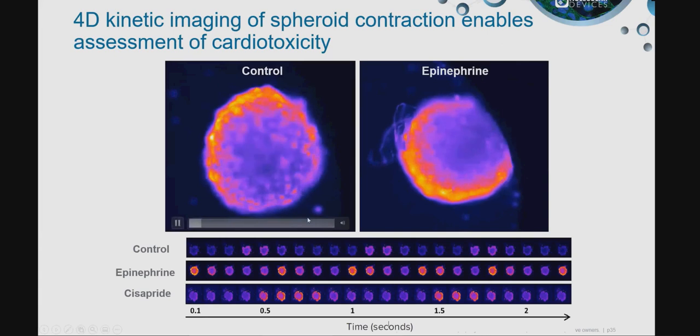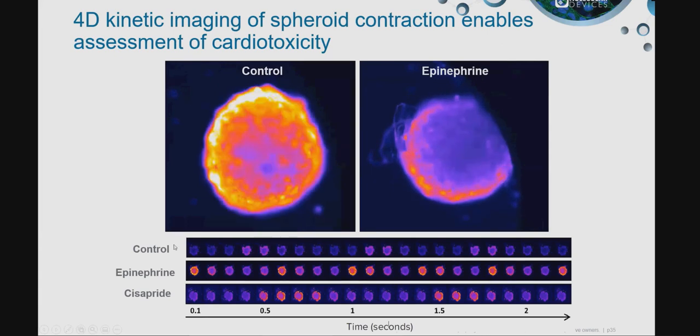So here you see an example treated with epinephrine, and on the bottom what you're seeing is a total of 2 seconds of imaging. So very fast frame rates are possible. So if you are looking at a very fast reaction, or at cells that are moving very fast, or in this case the calcium changes, that can be captured in an automated way across